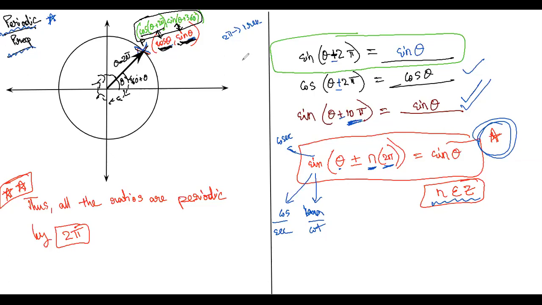Sir, I understood this equation. Yeah. So this is very important, and this is true for all quantities: cos, tan, secant, cot, cosecant. Sir, in the above cases, like the first equation, is this common for all? Yeah. Whether you add 2 pi or subtract 2 pi, you're coming back to the same point. Since cos theta and sin theta remain the same, tan theta will remain the same. So all three are the same, so their reciprocals will also remain the same.